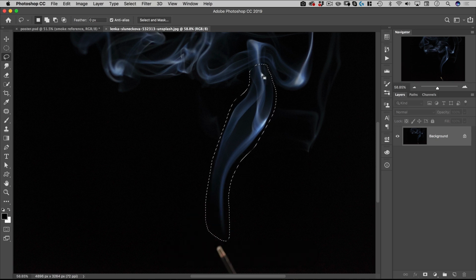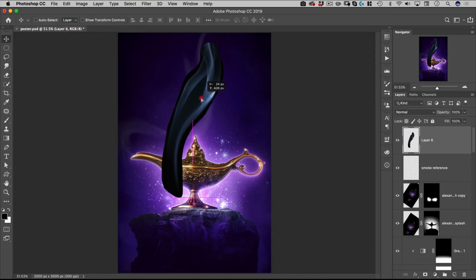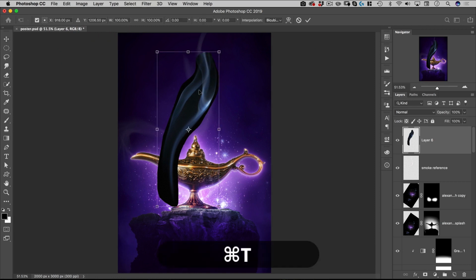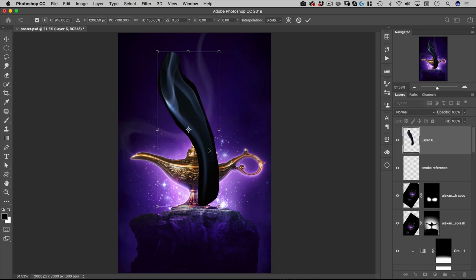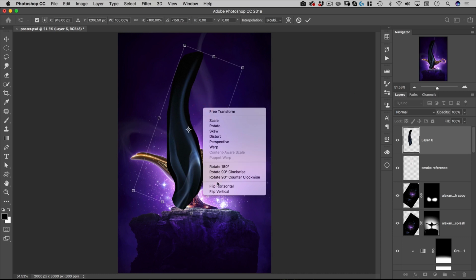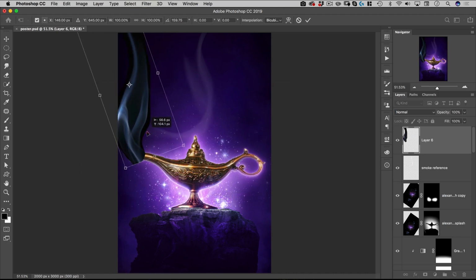Like so. So that part of the smoke, Command C, and close that, and Command V. And basically this is going to be our starting of our smoke and the first curve. So let's do Command T, flip this horizontal. Actually, put it kind of in its starting place there,